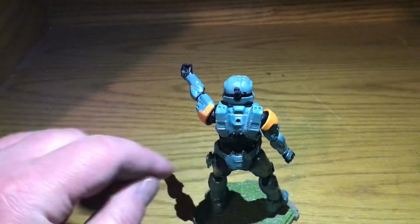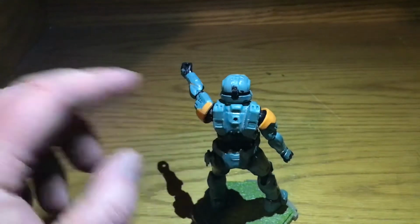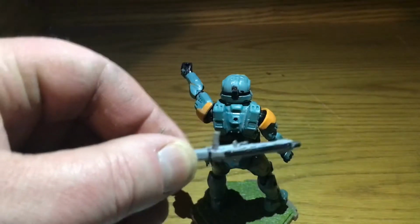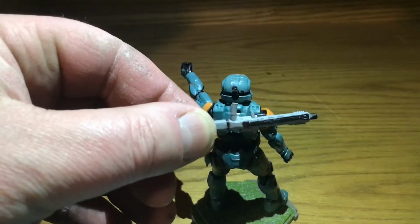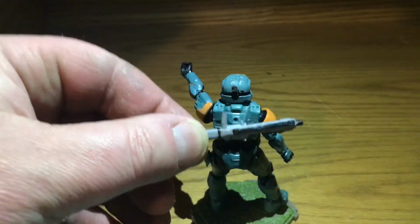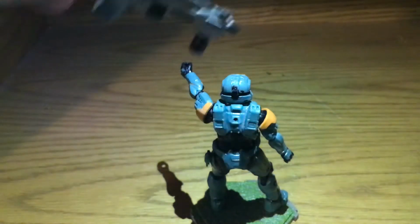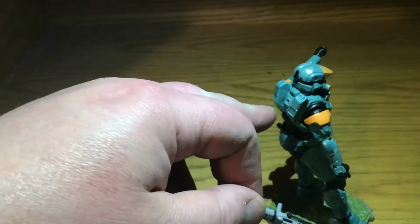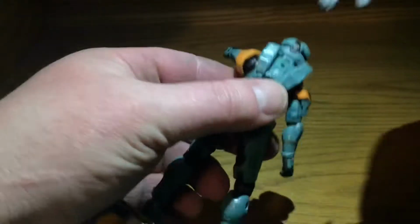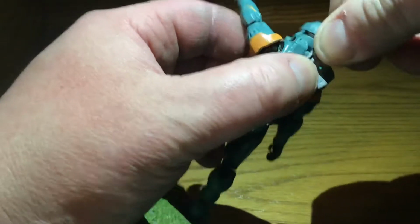And here's the back peg and the bulldog. Hopefully you will be able to see that. I'll try to put that up against the green. That should help. And that peg goes into here. My issue might be that these protrude a little bit. It might get in the way. But you should be able to just...